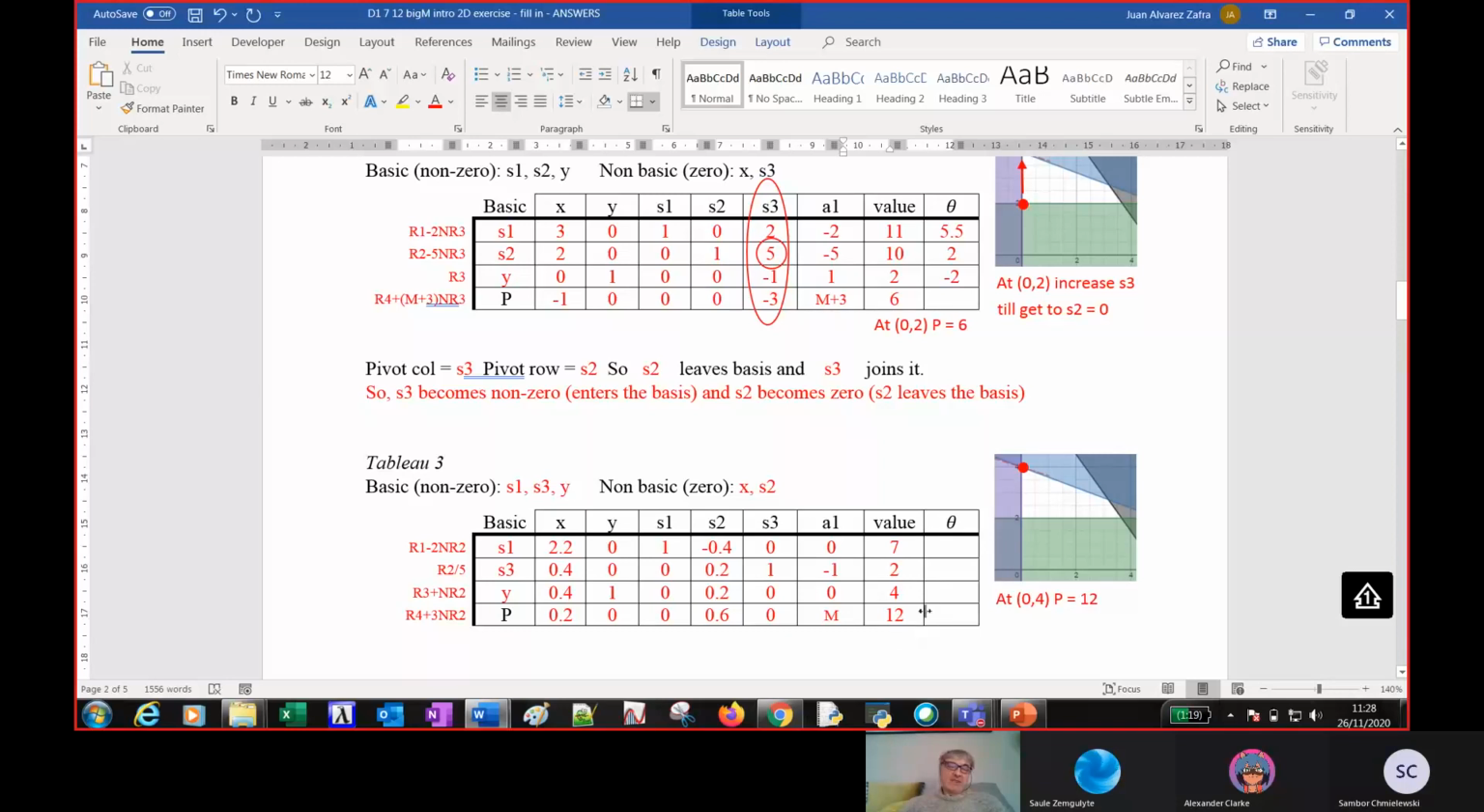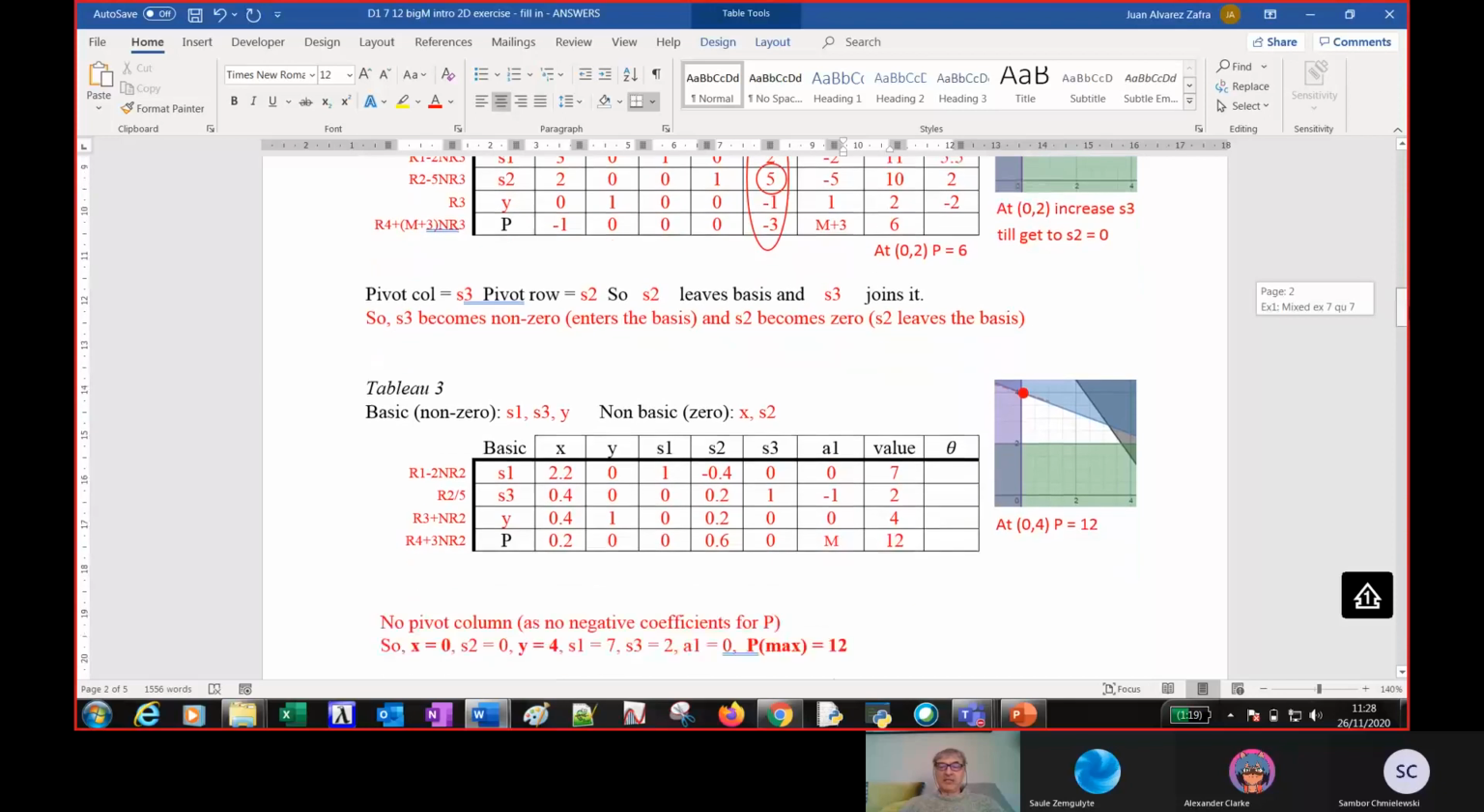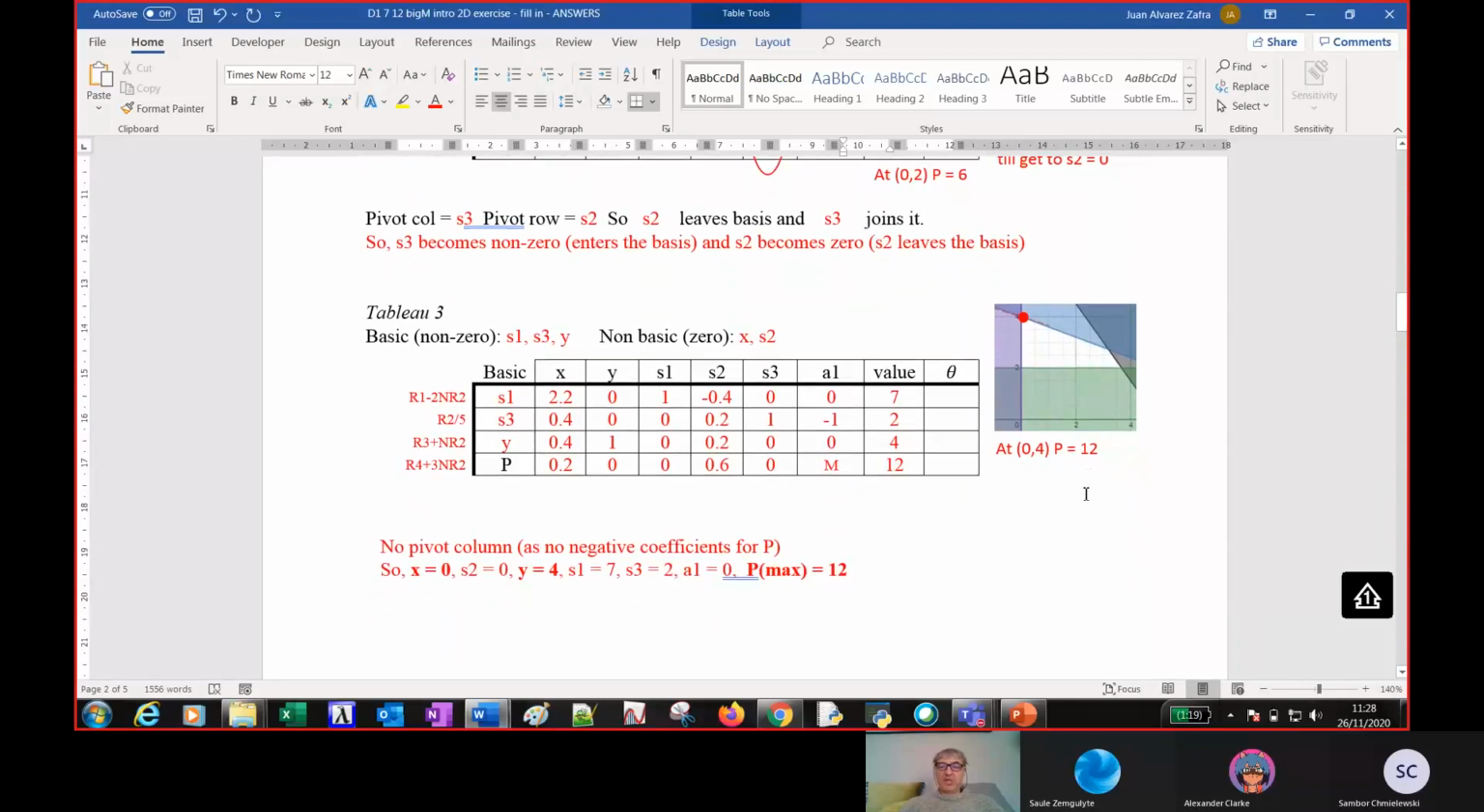If you want any of the other values, you can read them from here, because S1 will be 7, S3 will be 2, and so on. Okay, and so we finished example 1 from the bigM method. I'm going to stop